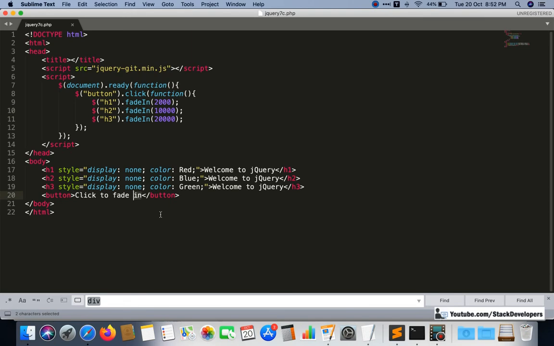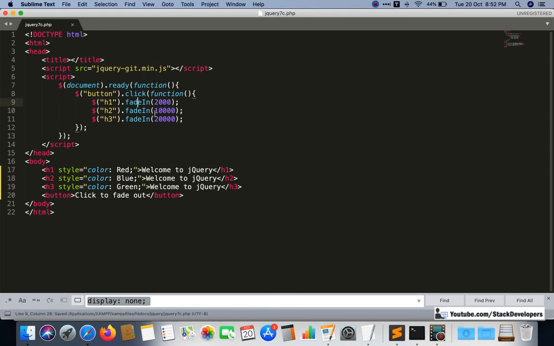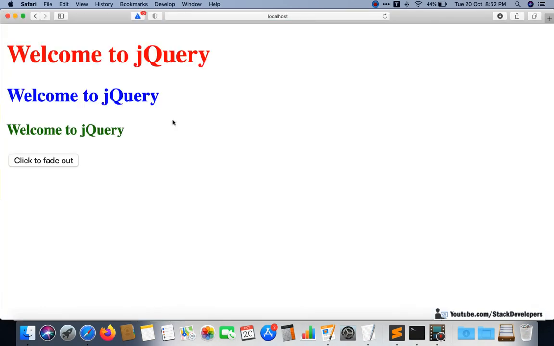So I am going to do fade out now. This one is not required now, so I can remove it and change to fade out. The only difference is the elements will appear now and they will disappear.